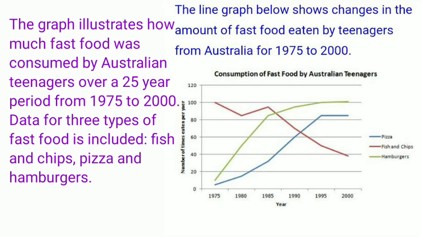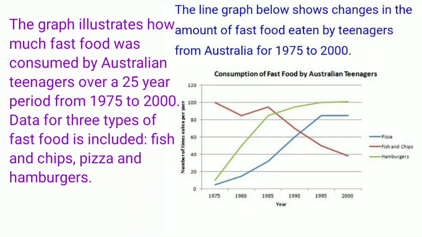Instead, focus on the main features such as overall trends, highest and lowest values, comparisons, contrast. Also you can group the items according to their trends. If there is a similarity, if there are similar fluctuations, these things can be grouped together or coupled together. Mostly our task 1 consists of introduction, 2 body paragraphs, and an overall that can be written whether before BP1 or after BP2. So in this line chart we have 3 main features.